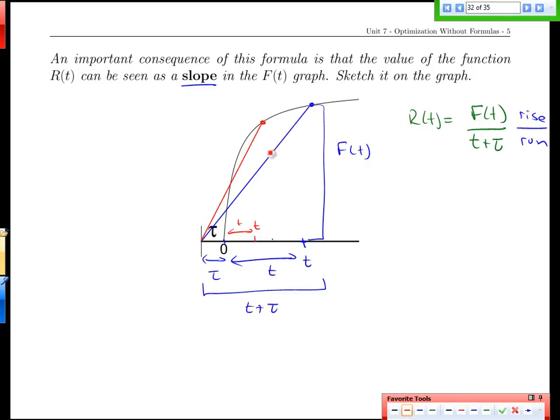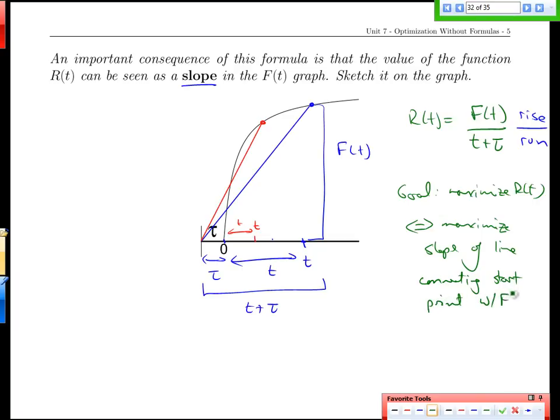And we can see that as we pick different points on the graph, or different gathering times, we get different slopes, and our goal to maximize r of t is synonymous on the graph here with maximizing the slope of those lines. The slope of the line connecting the start point